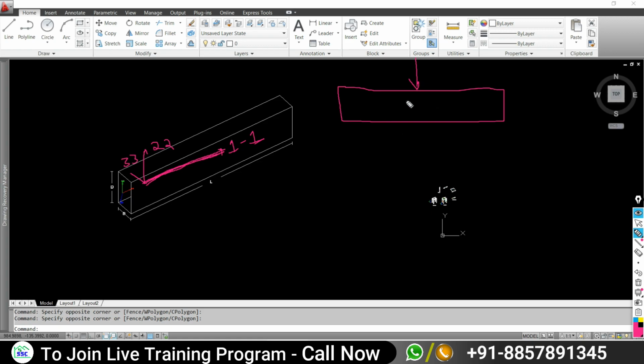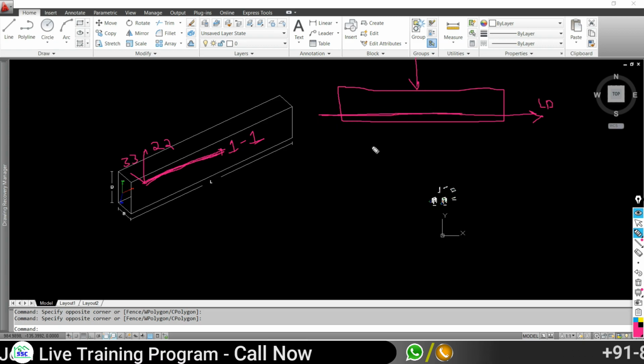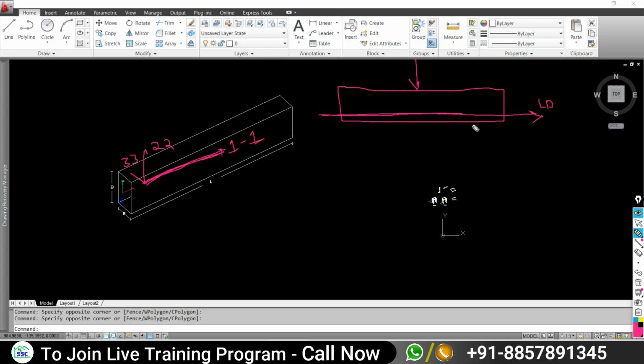Transverse loads means the loads act on the beam perpendicular to its longitudinal direction. So your beam is actually a flexural member subjected to transverse load, and normally these beams are not subjected to any axial force.